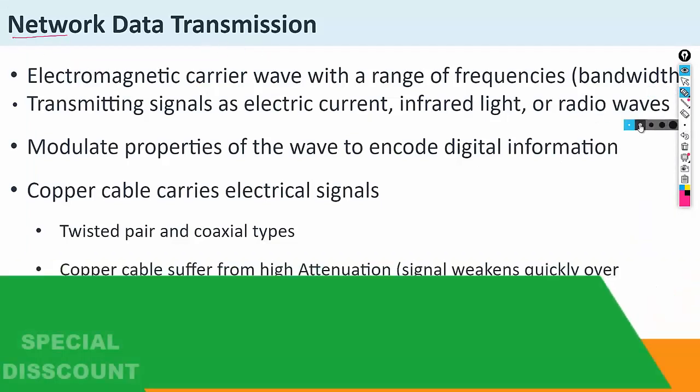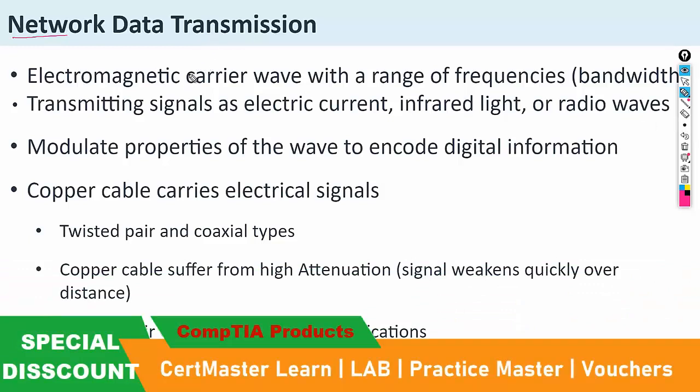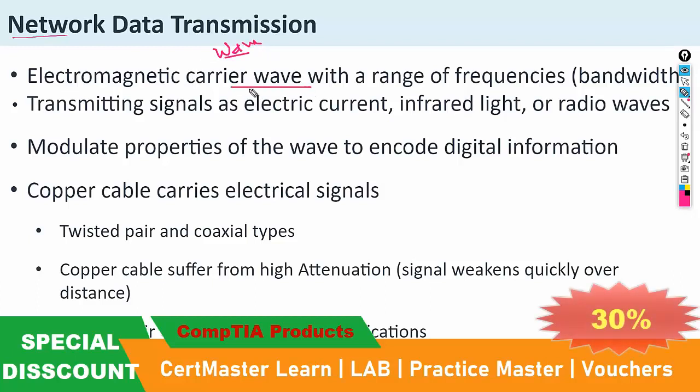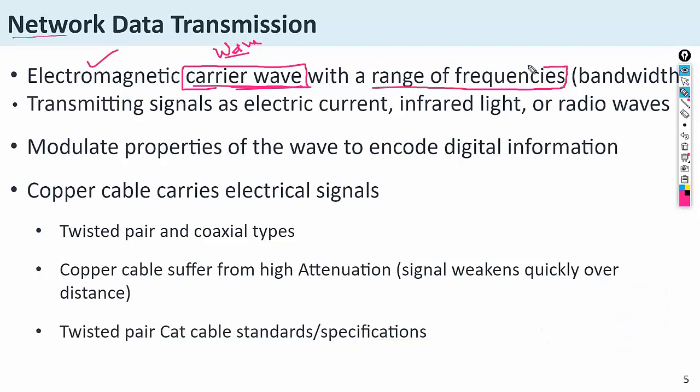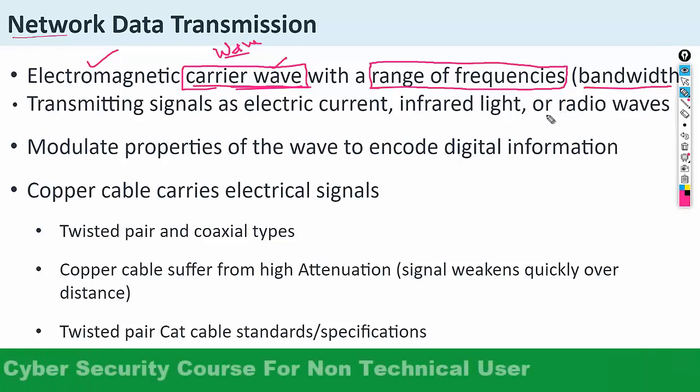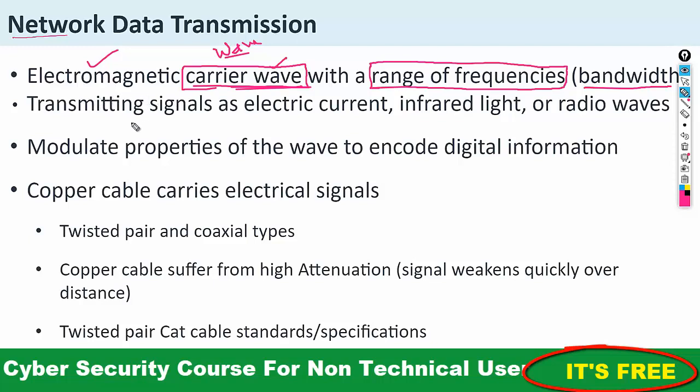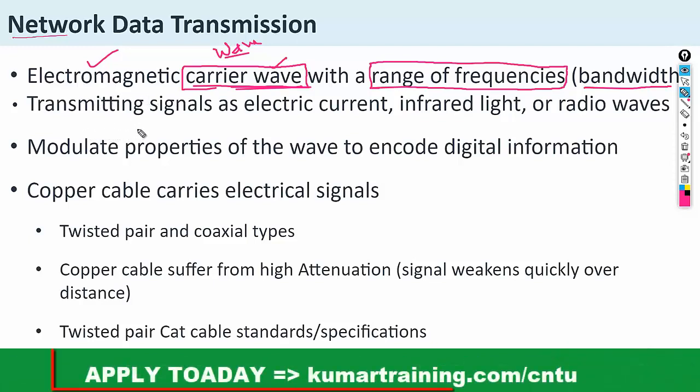When we talk about data transmission, as you know, the data always transfers in a wave format, right? In a wave, it is called a carrier wave, and these are electromagnetic carrier waves, having different ranges of frequencies, because as you know, every wave has a different type of frequency. This frequency is called bandwidth. Different types of frequency are used by different waves. It is actually used to transmit the signal as an electric current,